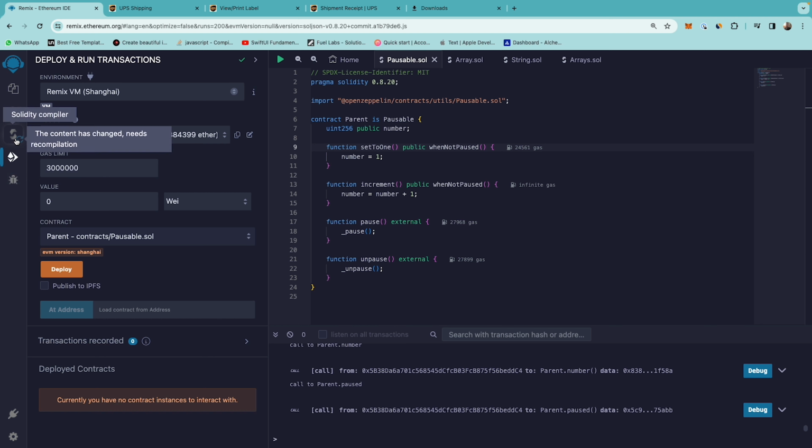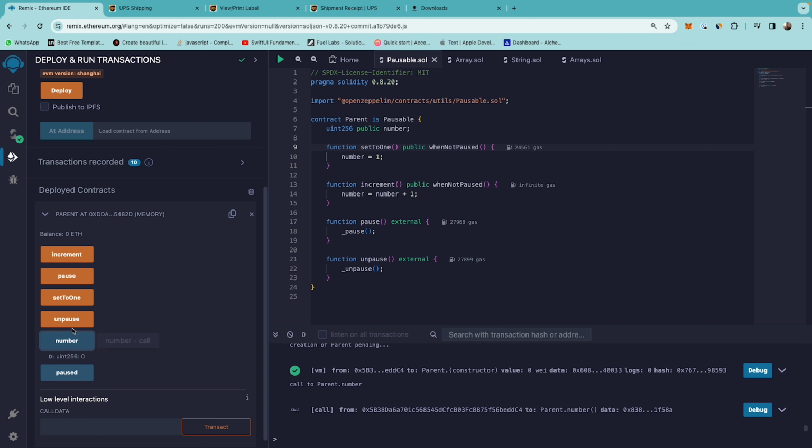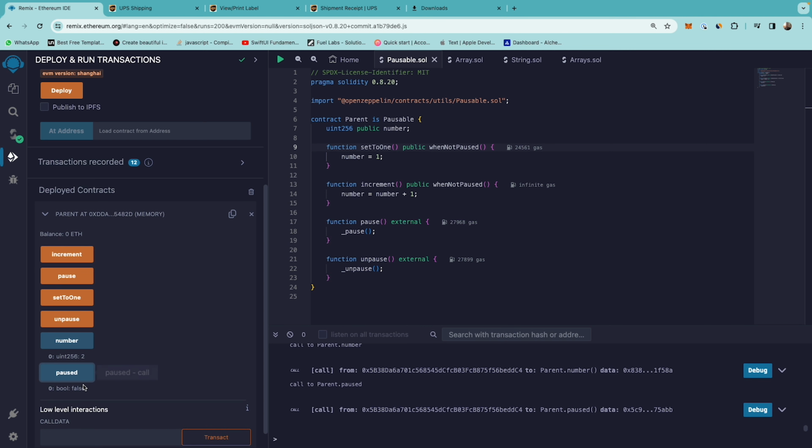So let's compile and deploy. Right now the number is 0, and if I click on setToOne, the number is 1, and if I increment, the number is incremented to 2. And if I check, the contract is right now not paused, but when I click on pause,